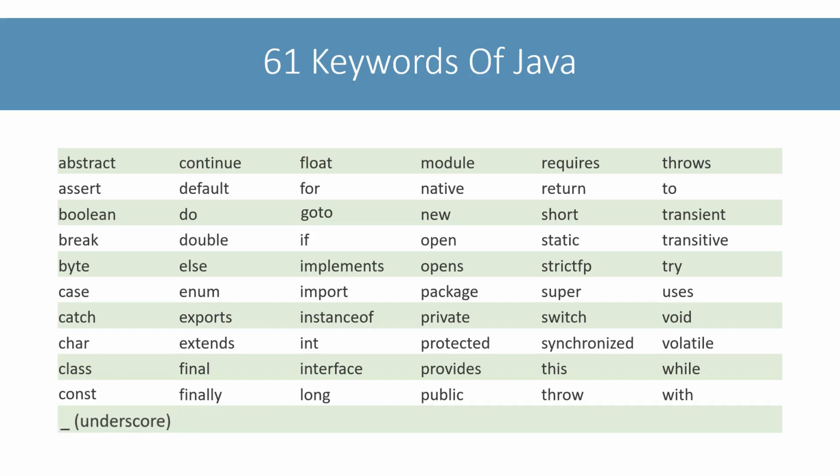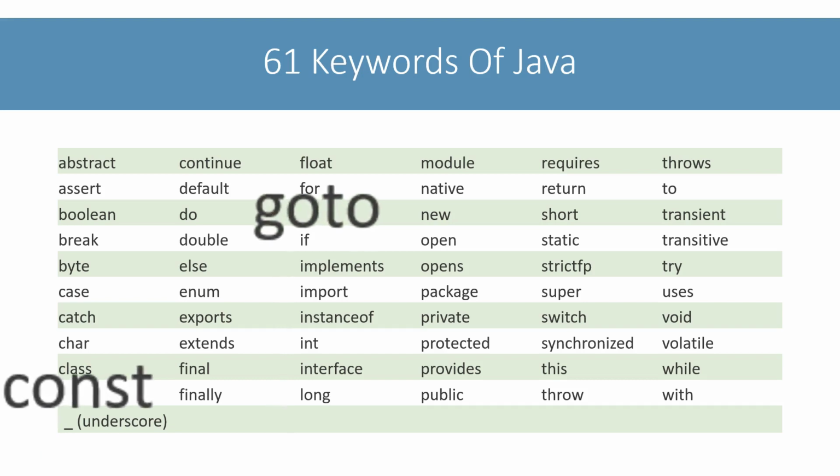Coming back to the list of keywords, the keywords const and goto are reserved but not used. So what could be the reason for reserving them? These keywords are used in C++. Reserving these words as keywords in Java helps the compiler to produce better error messages. If a programmer coming from a C++ background uses these keywords incorrectly in Java, then the compiler can provide appropriate error messages to the programmer. You don't need to learn these keywords by heart, but it is good to have an idea about which words are reserved as keywords, because you can't use them as variable names in your programs.